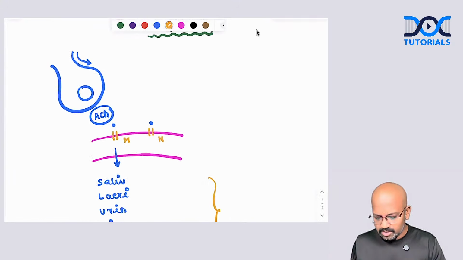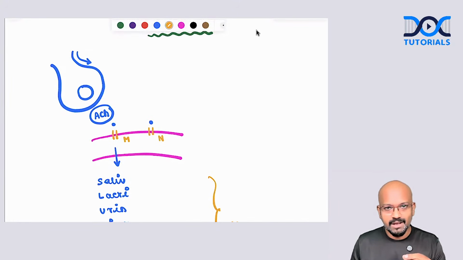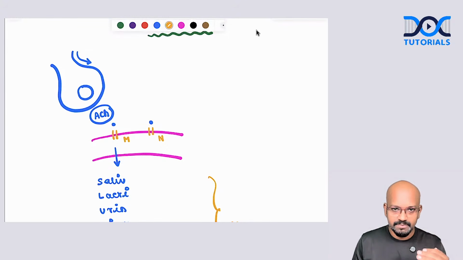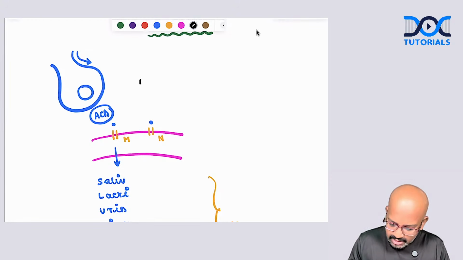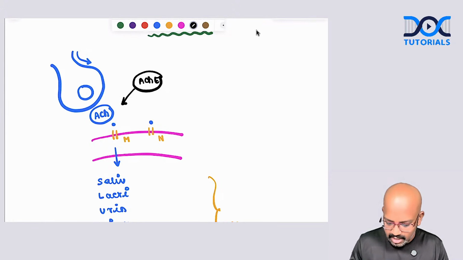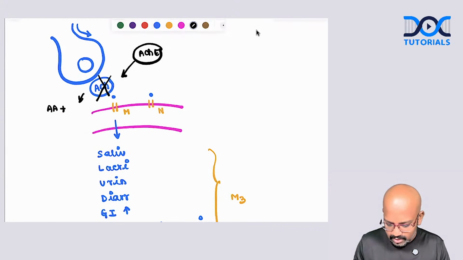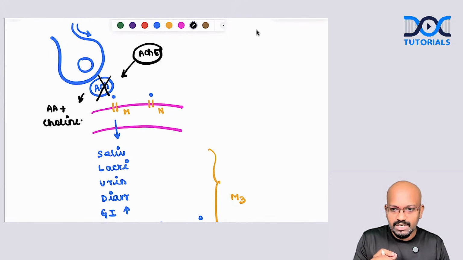Okay. So because of acetylcholine which is getting released and binding with muscarinic receptors, patients will be landing up in SLUDGE BBB symptoms. But it is not going to be happening throughout. So we need to have certain mechanisms to break down this acetylcholine molecule. That's a physiological thing because acetylcholine is an ester molecule. So we have an esterase enzyme. Here is where your acetylcholinesterase enzyme will bind with this acetylcholine and break it down to acetic acid and choline. Acetic acid and choline. This is how acetylcholine is getting metabolized.